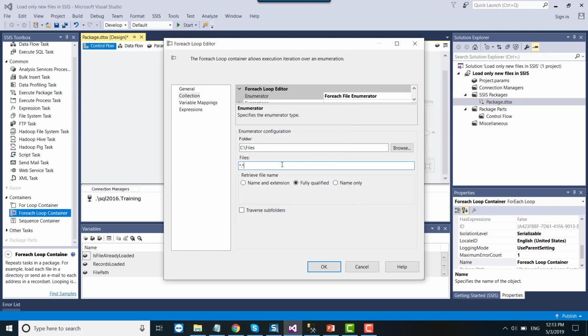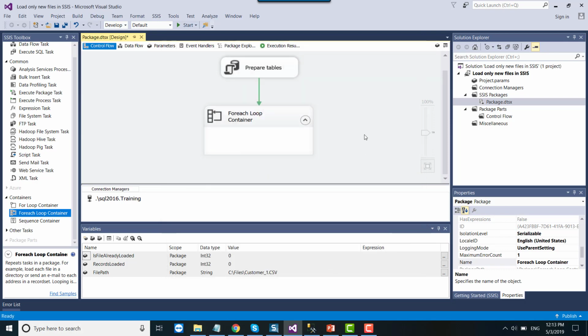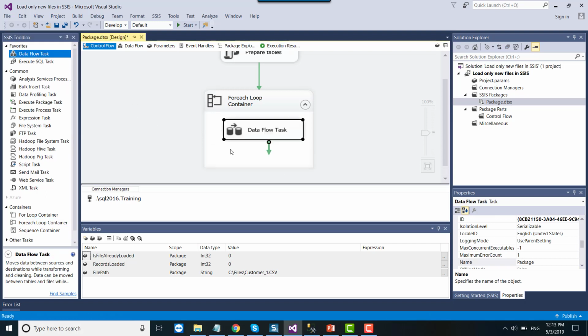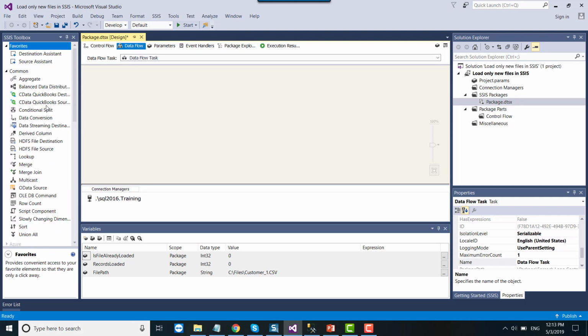Okay, and then for file type, let's change it to star.csv so that it can load only CSV files. Under variable mapping, we can point to the file path. So every time the loop iterates through files, it will change the value of the file path. Click OK. And now let me drag and drop a data flow task into the For Each Loop Container, and then go to the data flow task.